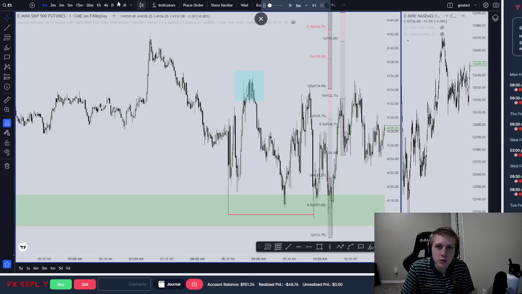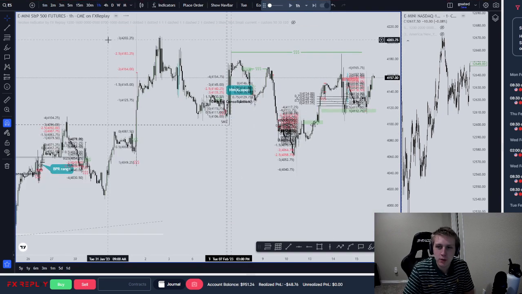All right, I was doing some backtesting again, and I came across this model. This model was kind of complex at first, and I didn't really understand it. So I want to break it down just a little bit. If we look at higher time frame